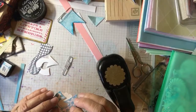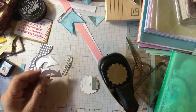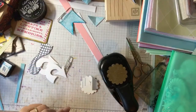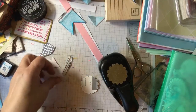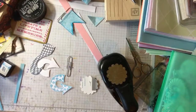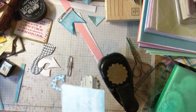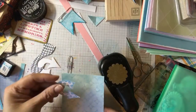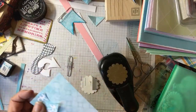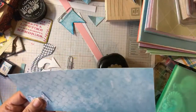And I don't know that it's going to be so hidden, because this has to be on something. So let me think here. What color is this? Blue! Oh, let's see here. Oh, well, that'll work. Blue! So what I'm going to do is cut a little square,